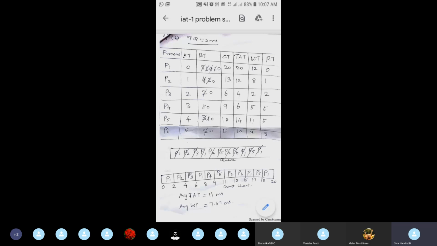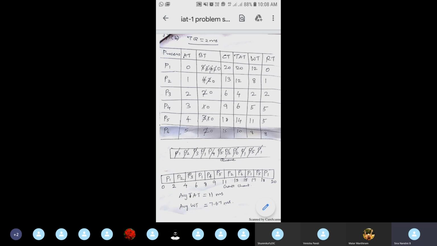This process P2 will be executed for the time quantum of 2 millisecond. Of its 4 millisecond burst, only 2 millisecond are executed. At this point we are at the 4th millisecond in the Gantt chart. So up to the 4th millisecond, which processes were added to the system? After P3, P4 and P5 were added, so in the queue I need to add P4 and P5. P2 also has some remaining time to execute, so after P4 and P5 in the queue, I'll be adding P2 for execution.